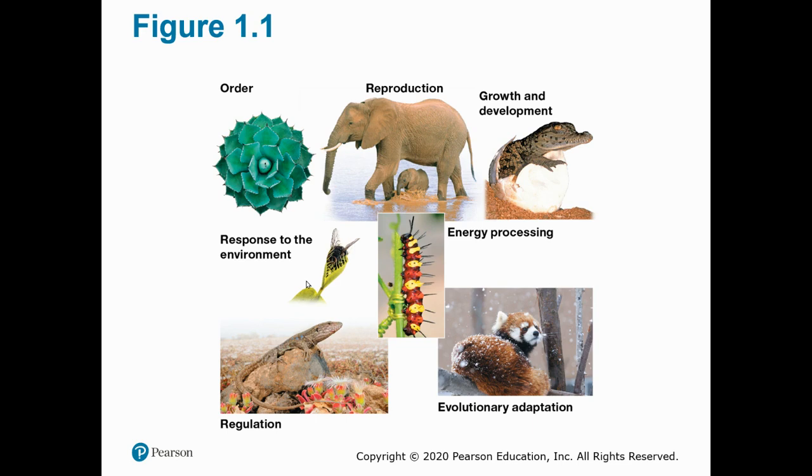We respond to the environment, so we can seek out our food. We react if it gets warm or if it gets dry. Plants turn towards the sun. There's some kind of an order and organization, so all the chemical makeup and all of that tends to be kind of in there.